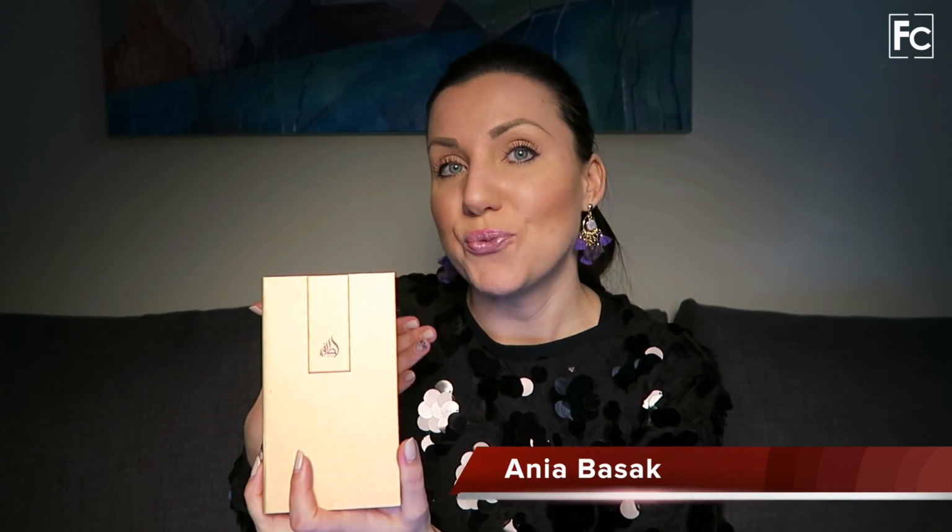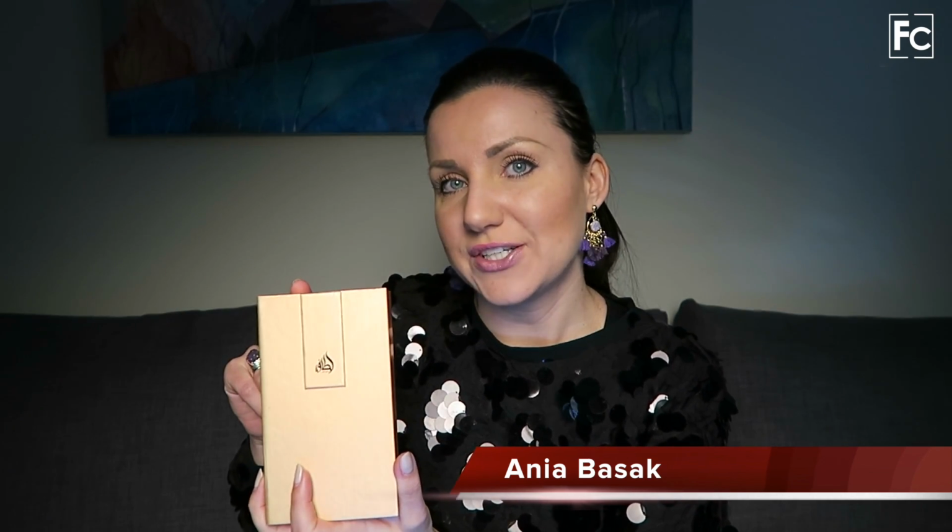And the female version is actually called Ser Al Malika. Again, the same way of opening it, and this, I would say, is definitely a fragrance that I discovered I could wear during the day. It's oriental, but it's not as woody and as intense as the one that I described at the beginning. Again, the same kind of similar vision behind designing, but definitely more feminine, and it has again some vanilla notes,